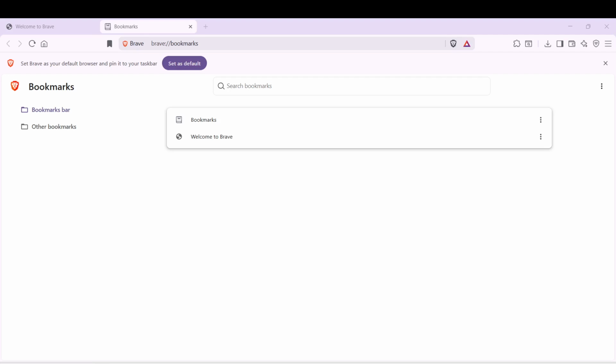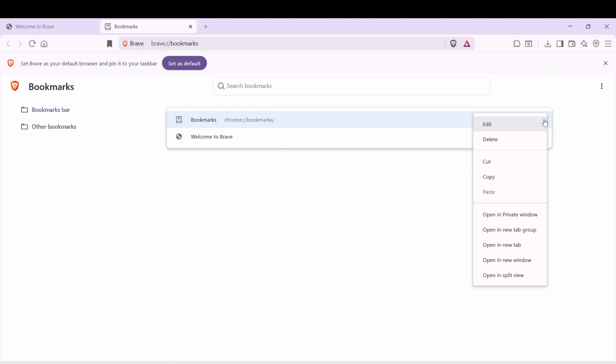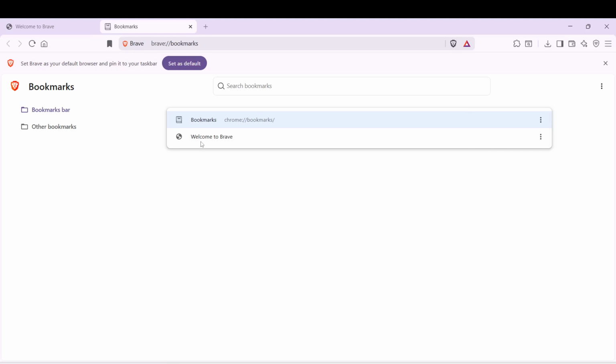With the Bookmark Manager open, you can now see a clear and structured view of all your bookmarks. Take a moment to explore the layout. Notice that you can organize your bookmarks into different folders. This feature is particularly useful if you have a lot of bookmarks, as it allows you to categorize them by topic or purpose. By organizing them into folders, you can save time and avoid the frustration of scrolling through a long list when you're trying to find a specific page.